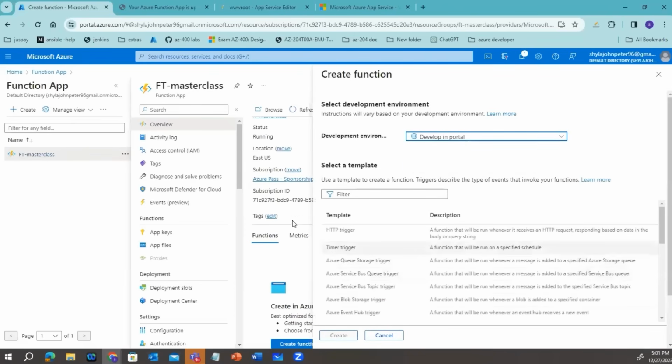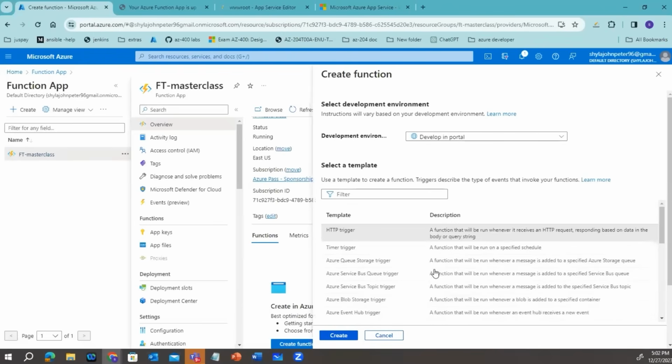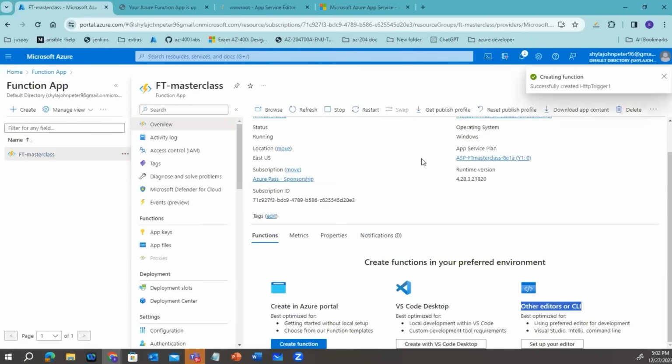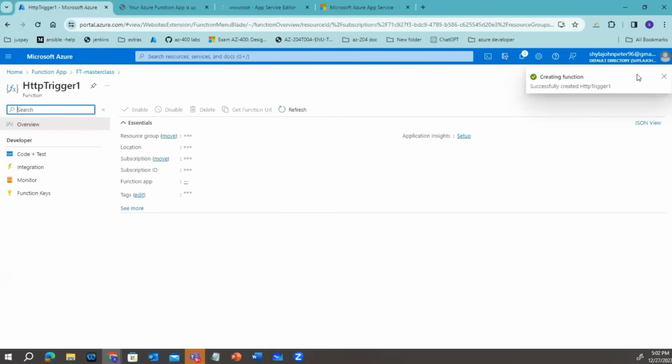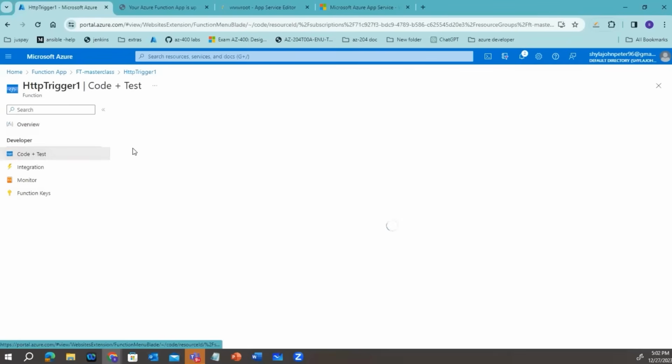I'm going with the first option. You can choose the templates because Azure has many templates available. I'm choosing the HTTP trigger and creating a function inside my function app. You see, here you have the options, if you want to write HTTP trigger code.